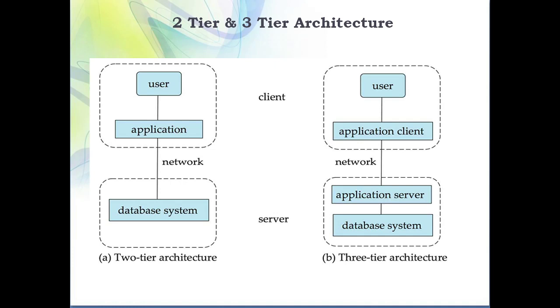Just consider a scenario. A set of students is giving interviews. One interviewer is sitting in a single room, and 50 students need to give an interview to that interviewer. First of all, we consider the scenario of two-tier architecture. In two-tier architecture, my database system is my interviewer, and my user is nothing but a student. So one by one, students go into that interviewer's room. First student 1 will go to the interviewer's room, then student 2, then student 3, and so on.